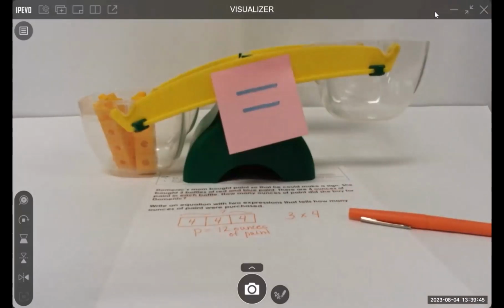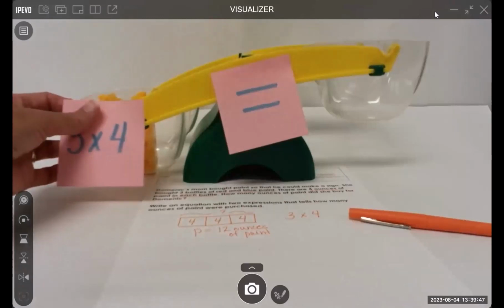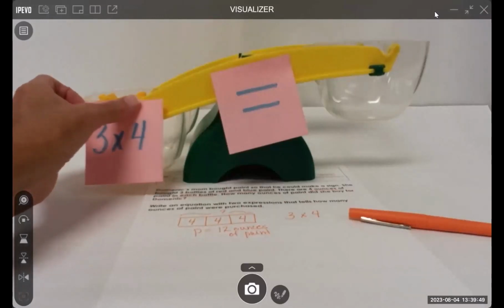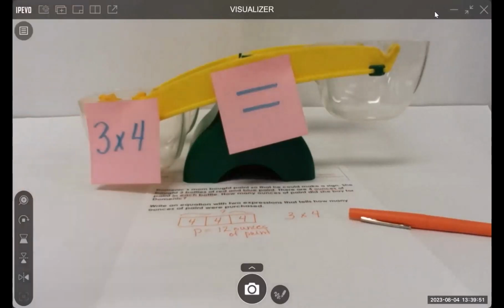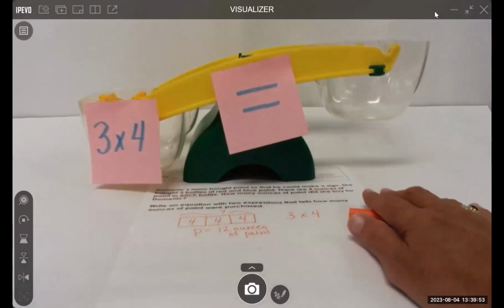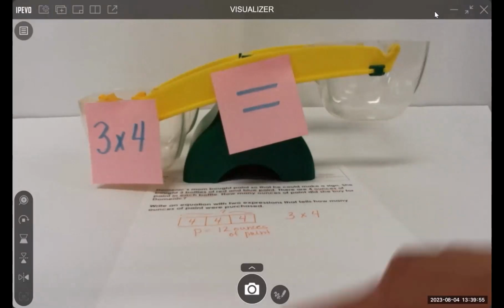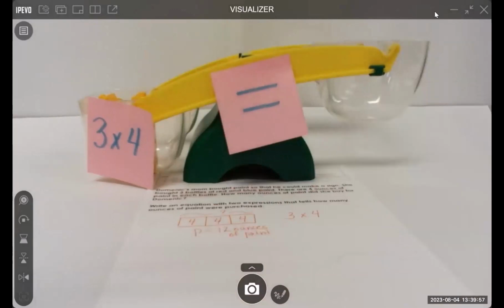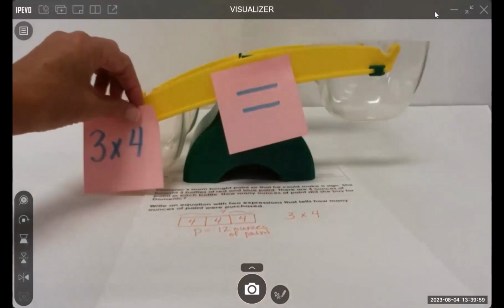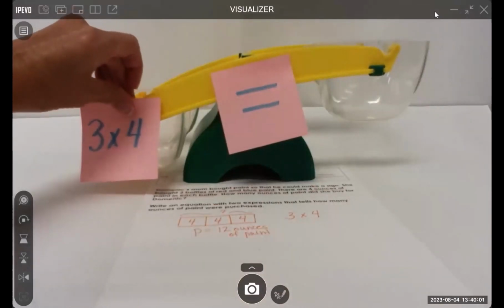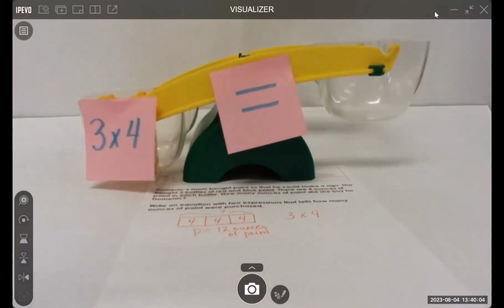Okay, and I'm going to go ahead and just label this side of my bucket balance with the expression of 3 times 4. And over on this side of our bucket balance, I'm going to put 3 groups of 4. And I hope this sticks. Sorry about this, guys. I'm going to add 4 plus 4 plus 4, and we're going to see if it